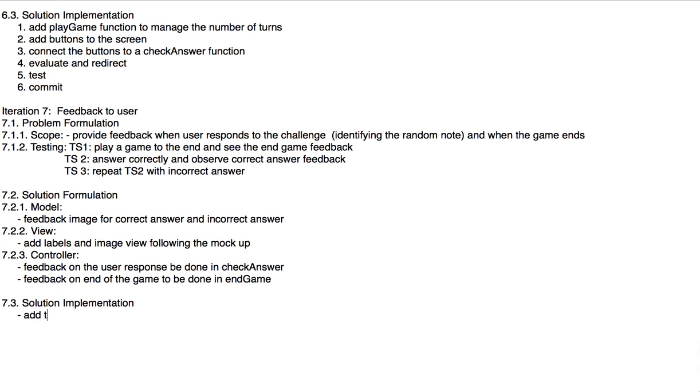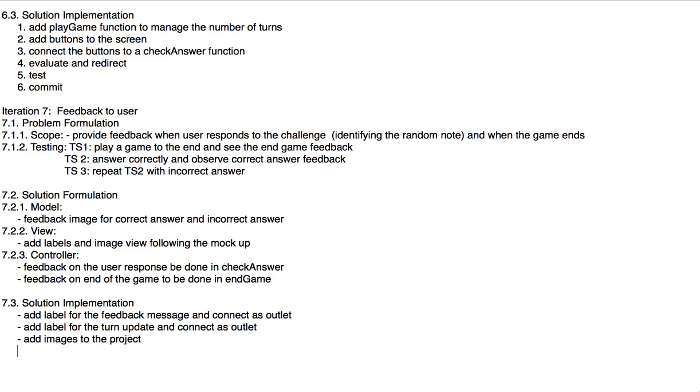We'll need to add a label for the feedback message, add label and connect as outlet, add a label for the turn update and connect as outlet, add images to the project, add image views as 2. We need 2, one for the correct and one for the incorrect. 2 image views